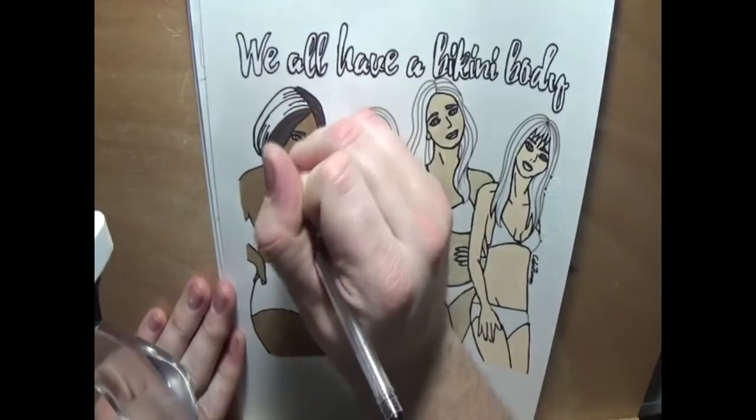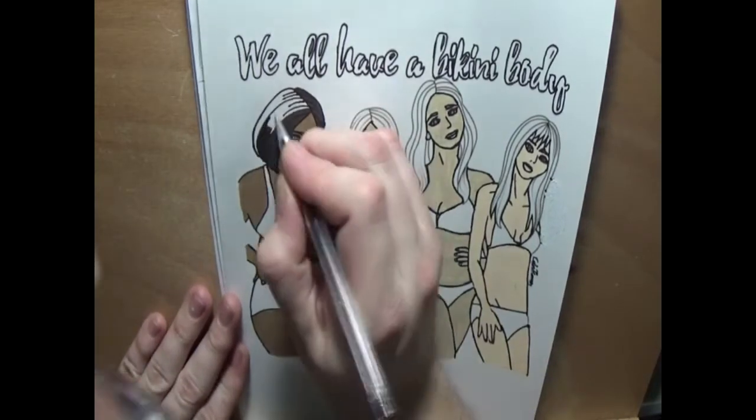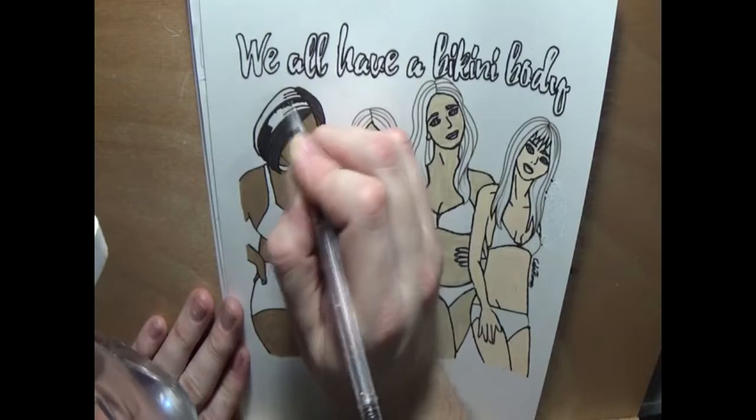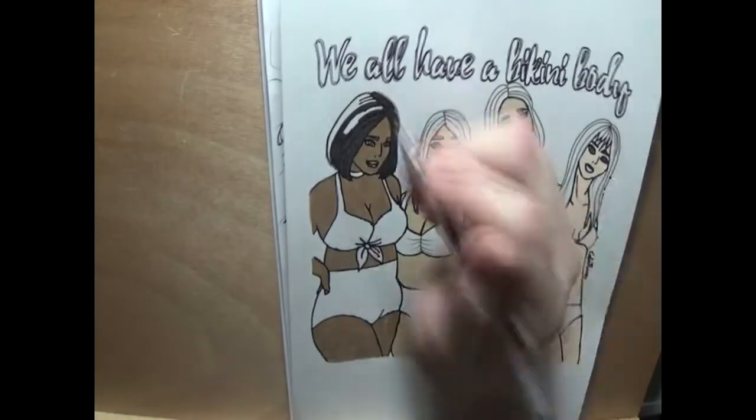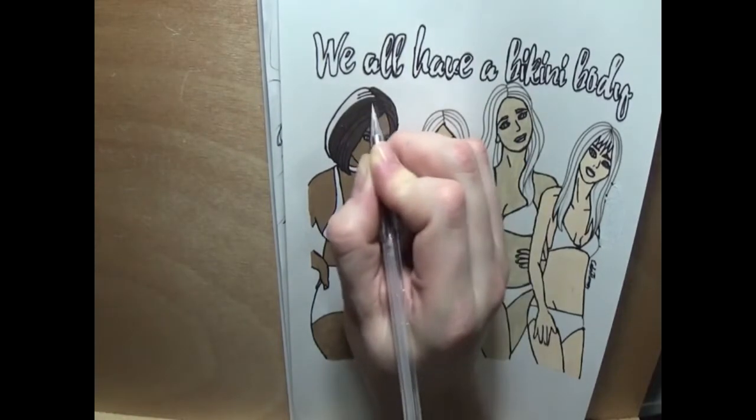Which I don't know how to slow it down, so I'm just gonna leave it as is for now until I can figure out some more editing. But yeah, it looks really good, and I like this black sparkle. Then I do,